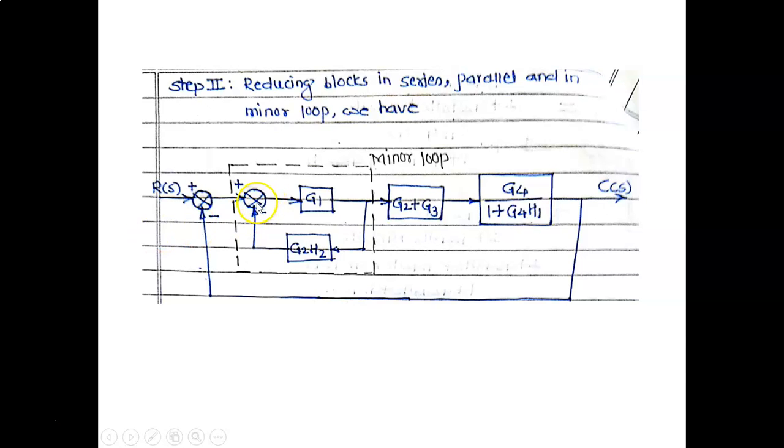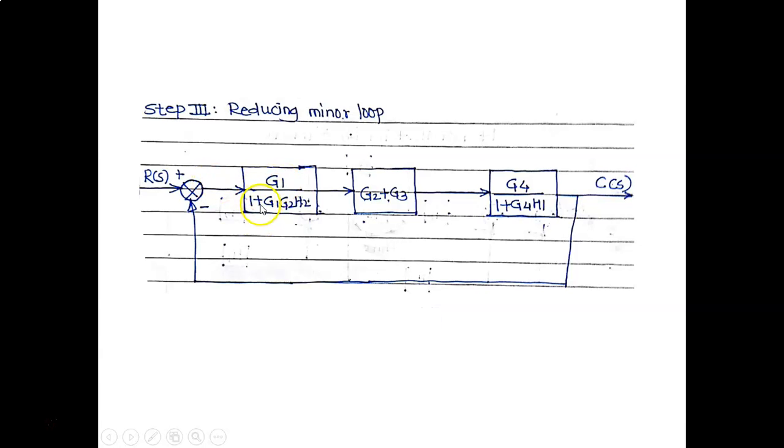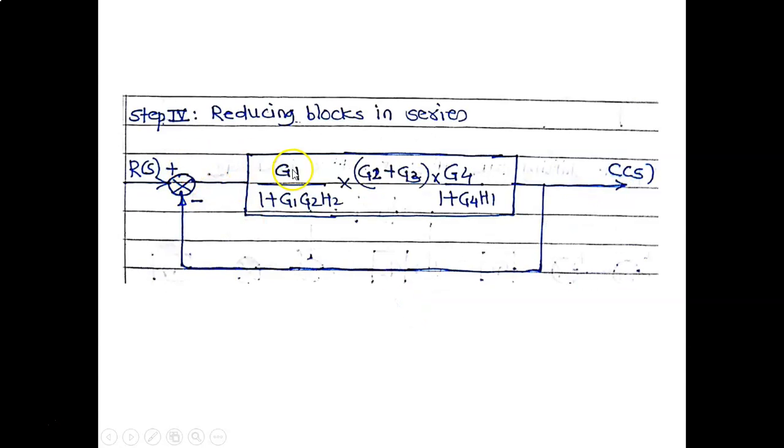Now, this summing point, this block G1 and this block G2, H2, they are forming a minor feedback loop. Therefore, we will solve this. What will be its value? G1 divided by 1 plus G1, G2, H2. This block will form. Now this block is in series with these other two blocks, that is G2 plus G3 and G4 divided by 1 plus G4, H1. Therefore, they will get multiplied with each other. Therefore, G1 into G2 plus G3 into G4 divided by 1 plus G1, G2, H2 into 1 plus G4, H1,